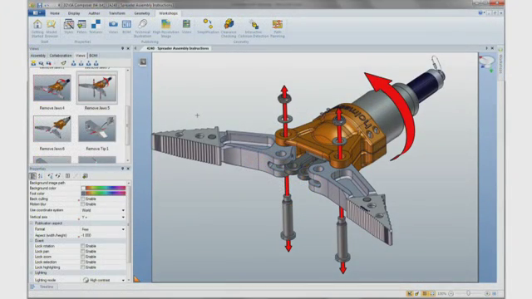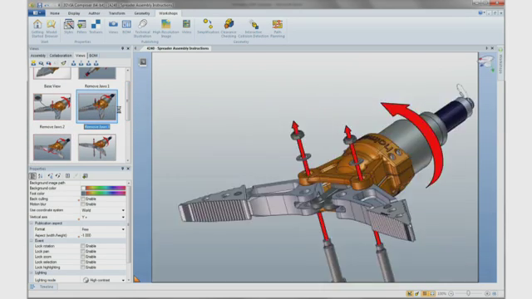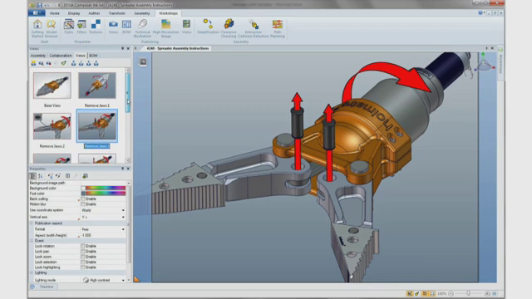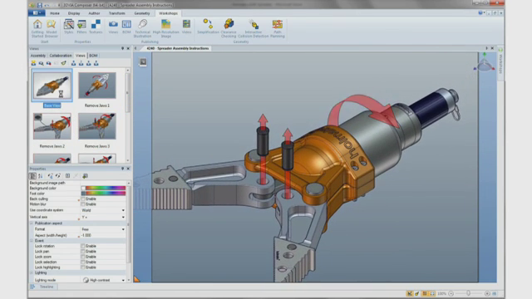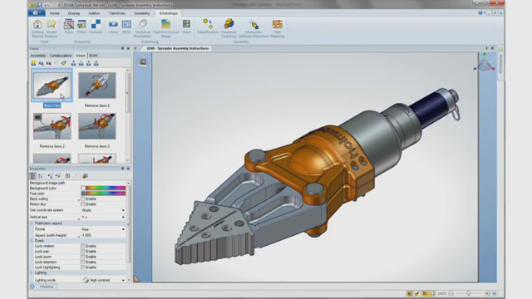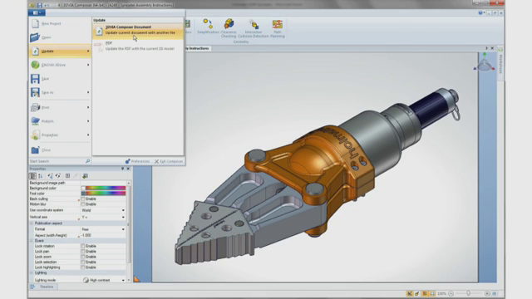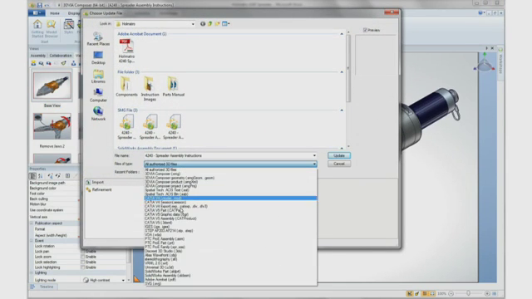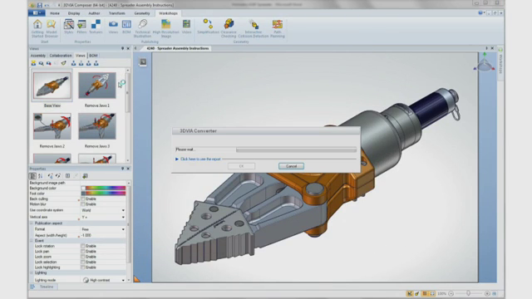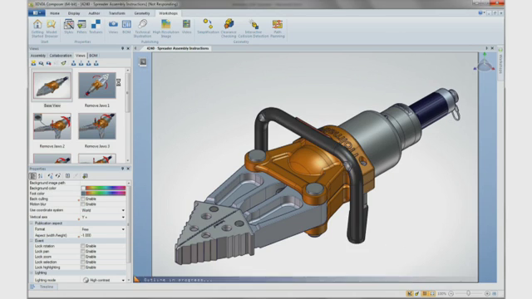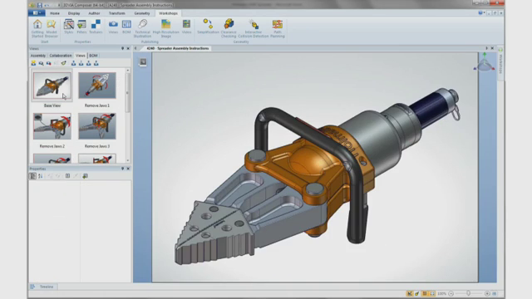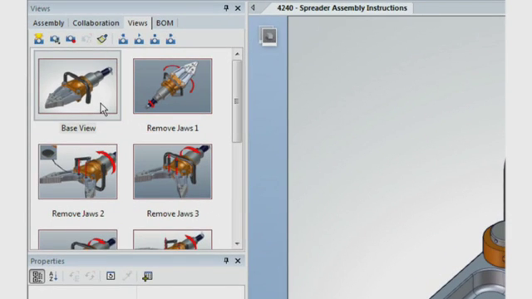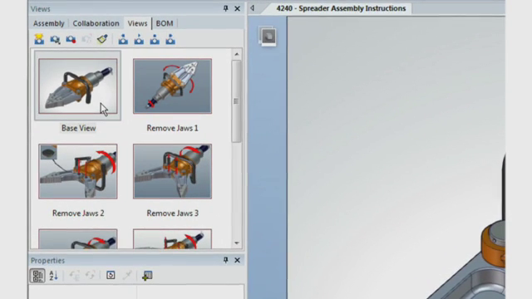The creation of this manual was well underway before the design had been finished. We can see that none of the views contains the handle assembly that was recently added as a design change. Thanks to SolidWorks Composer's associativity, we can see how a change within the engineering software will affect the work in progress. As the design change is made, the documentation can be made current with a simple update command. SolidWorks Composer will automatically refresh all of the relevant views with the new changes, keeping documentation and engineering always on